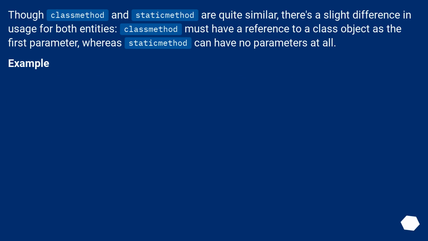Though classmethod and staticmethod are quite similar, there's a slight difference in usage for both entities. A classmethod must have a reference to a class object as the first parameter, whereas a staticmethod can have no parameters at all. Example: